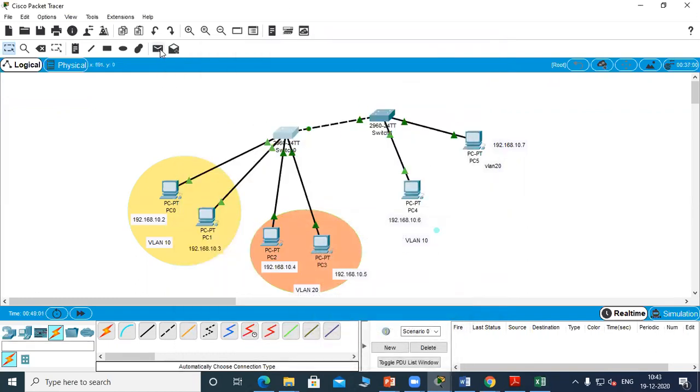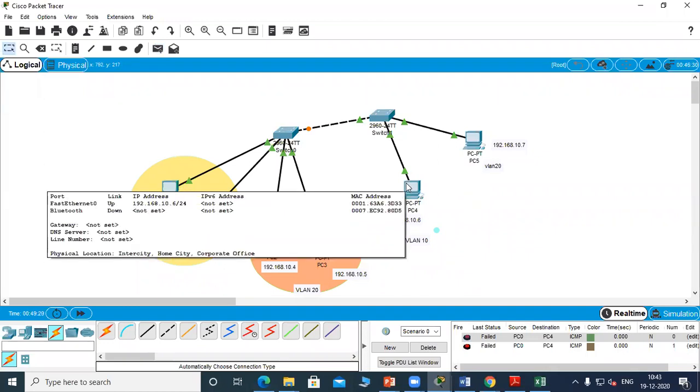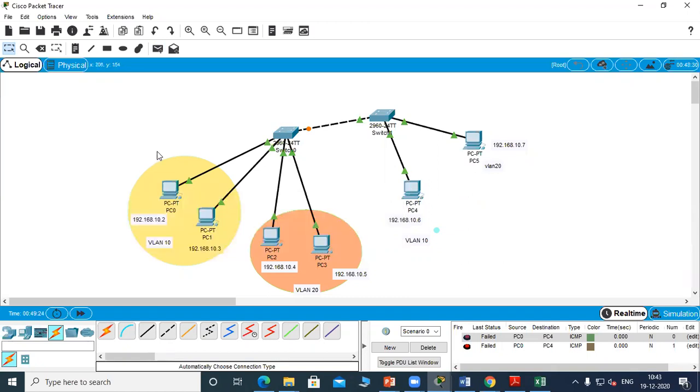Now we'll see, can we send the packet? We just have to wait for this orange color to become green. Okay, now it is green. So we'll check whether we can send from VLAN to VLAN.